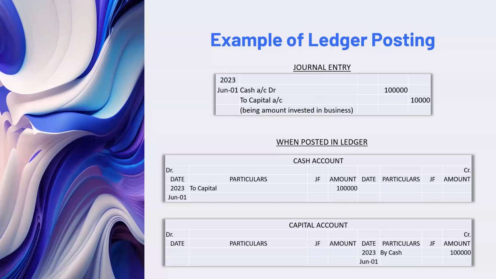So what we understand from your learning was like a contra of the cash account. It is in the cash account, a debit transaction, under debit. The amount is under debit only when posted in the ledger also, and in the capital account it is on the credit side, in a credit transaction. It is the same as a journal entry, and particulars is just only a narration.